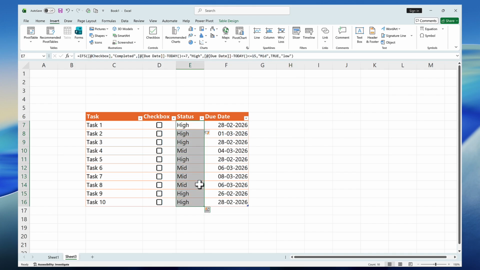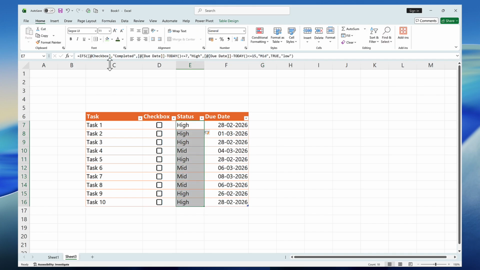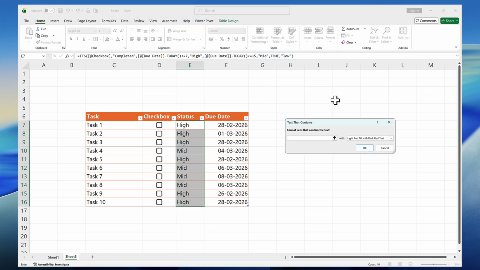For this I will select the text. For applying the condition, we need to select the column. Go to the Home tab and click on Conditional Formatting. Go to Highlight Cell Rules. Select Text that Contains and enter the text. The first one is high, which I want to highlight with the red fill and dark red text,